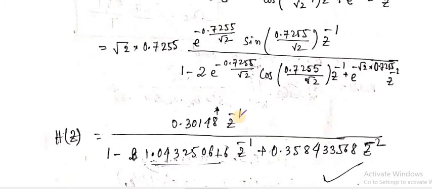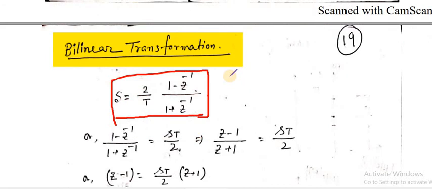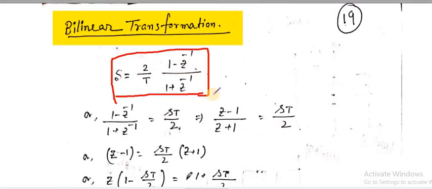Okay, I'll discuss the numerical example in the next class, because we have to calculate the order of the filter. So in the next class we will also study how to calculate the order of the filter and all this. So this is the method of bilinear transformation. We simply use this formula to map from the Laplace domain to the Z domain, that means analog domain to digital domain.